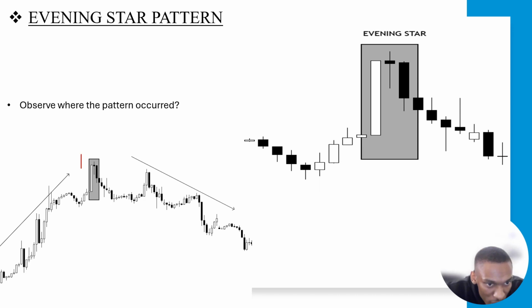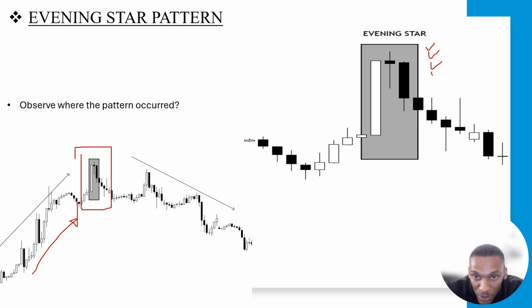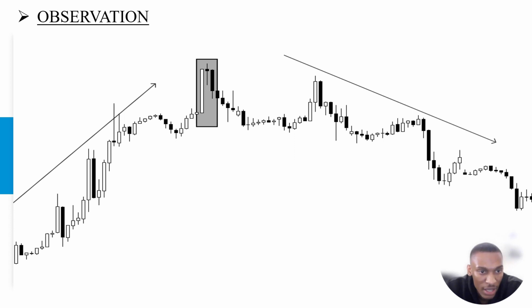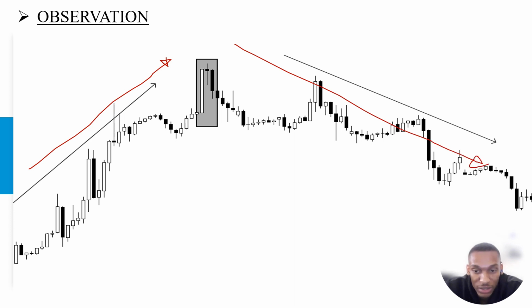From that chart, this is where the evening star occurred, at the top of the trend. The zoomed figure is here. All 4 conditions are met. Hope you know all the 4 conditions. You have to know them by heart. These are the conditions, and all 4 are met. The observation, again: when it forms at the top of a trend, we can anticipate a downward movement. What you do with this information is very important when we do technical analysis. You'll see